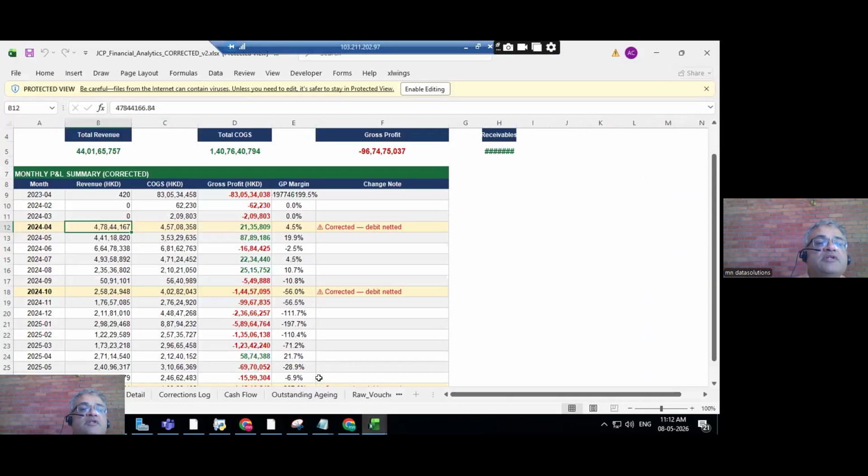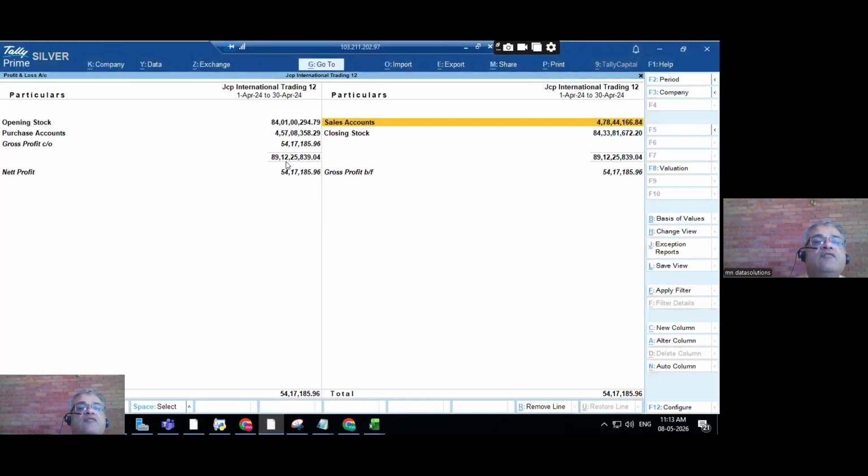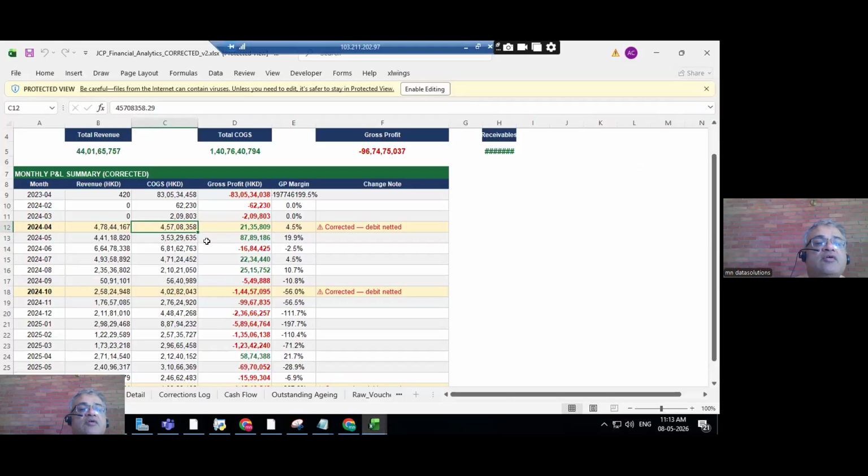Let's see what is the purchase accounts. 457 is the cost of goods sold, क्योंकि इसमें कोई वो नहीं था, item entry नहीं था. 45708. Let's see, 45708, 358.29. तो उसको सही calculate किया based on this business logic, right? And the gross profit margin ये कहते हैं. Then it goes on to